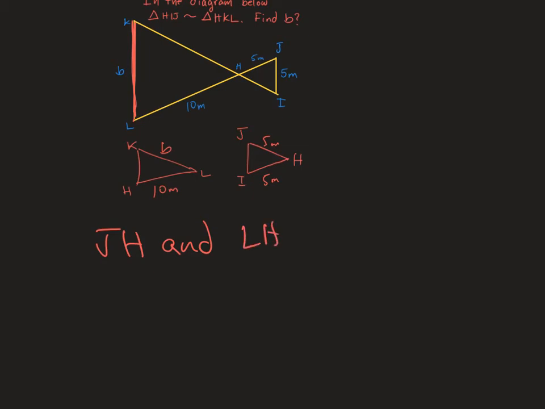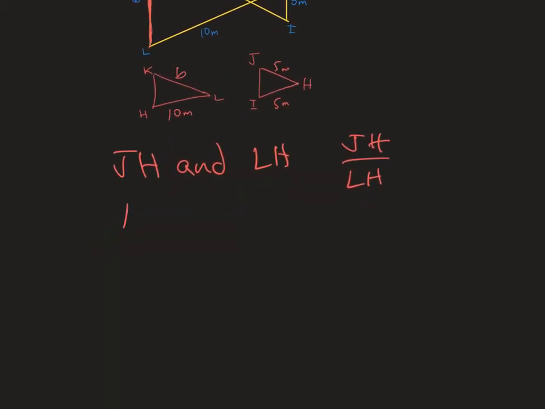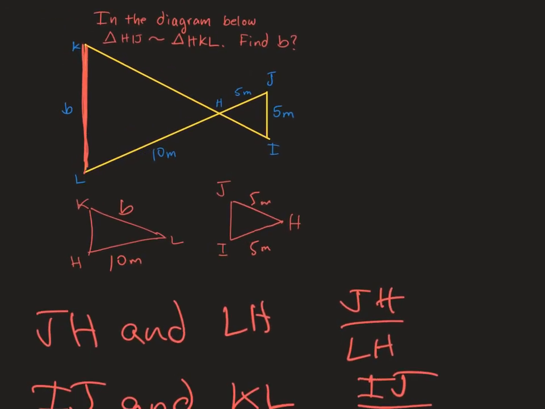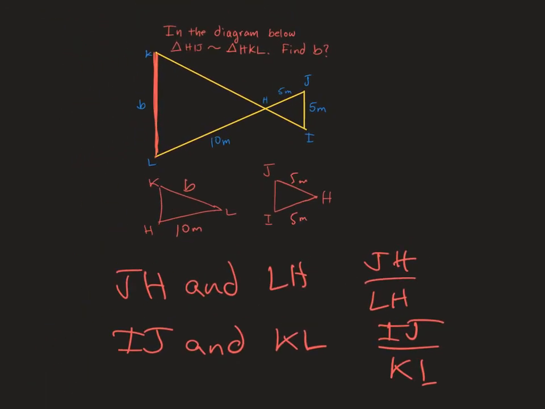Together they form the fraction JH over LH. Another pair of corresponding sides is IJ and KL, and that forms another fraction, IJ over KL. Let's look at this over again. I'm going to use green. JH